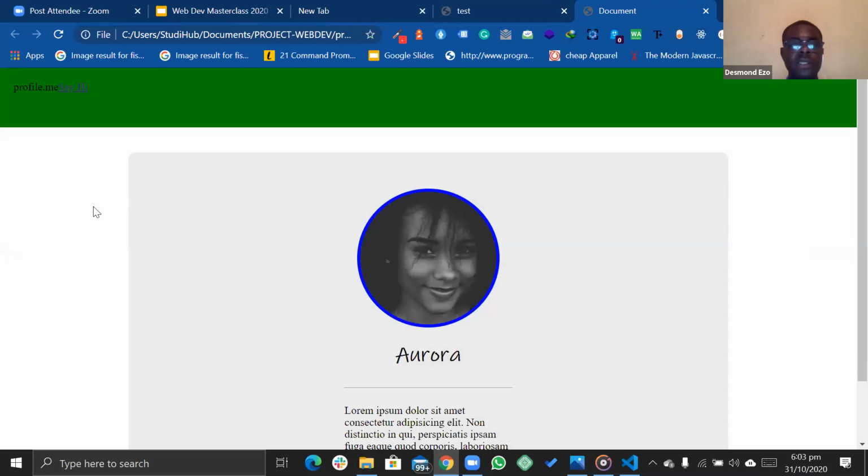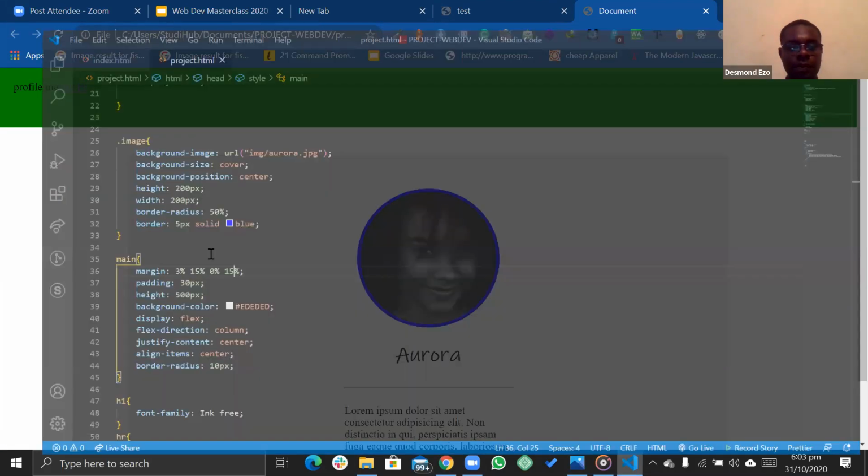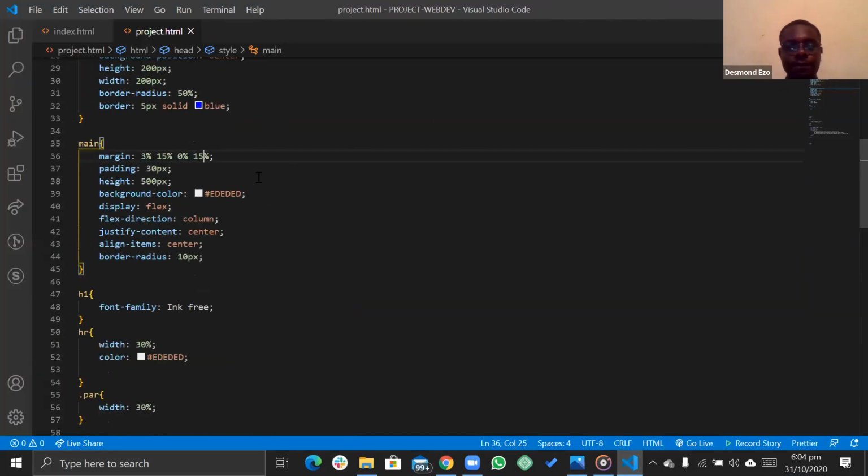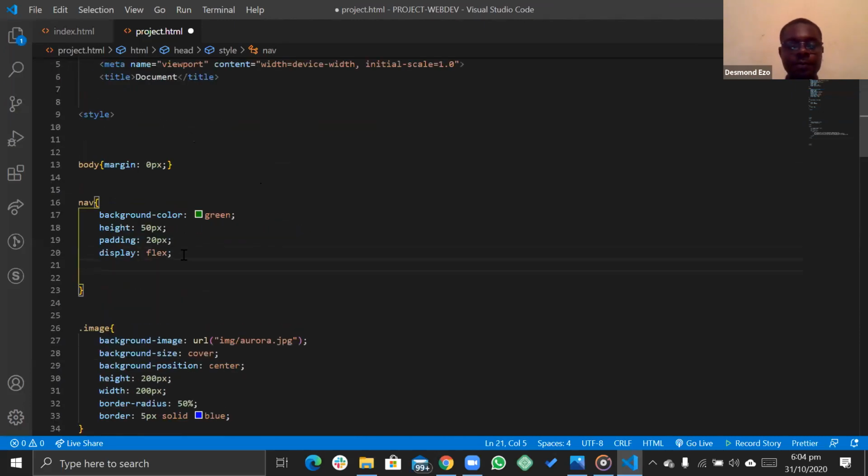Okay, now it's a lot better. It has reduced this one drastically, and it has reduced this also. So it's now starting to look somewhat like what we are aiming to achieve. Now let's get back to this guy on top and correct it. So we have the navigation, and we're going to add some extra properties to the navigation. We're changing the color to blue. We'll get the right color very soon. Save.